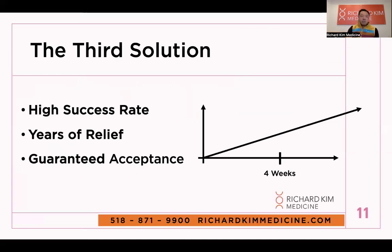We are the third solution. So after surgery, after medications, what else can you really do? It's us. It's regenerative medicine. It's the third solution. Why we particularly favor regenerative medicine is that it comes with a high success rate, but it also comes with a result that lasts in years of relief, which is, of course, a very attractive feature,